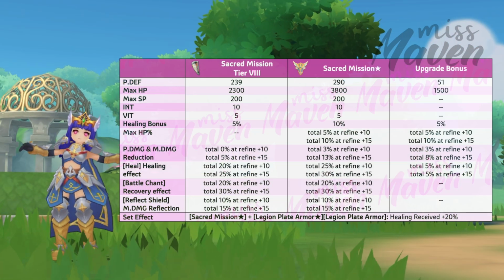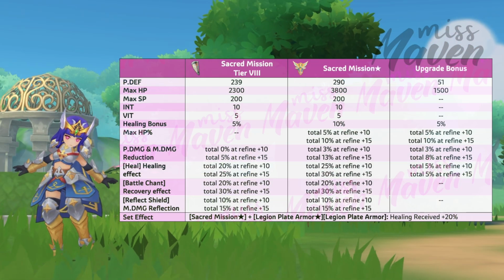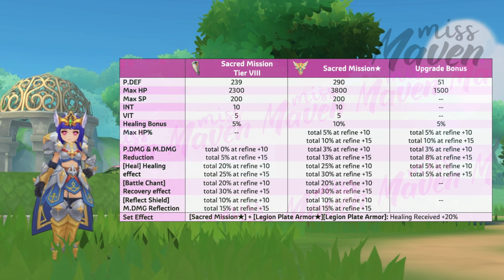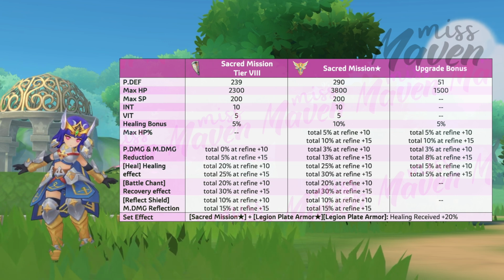Sacred Mission Star is a core offhand for tank support Royal Guards as it gives a significant boost to max HP, damage reduction, healing effect, and magic damage reflection. Compared to a Tier 8 Sacred Mission, its star version gives an extra 51 physical def, 1500 max HP, and